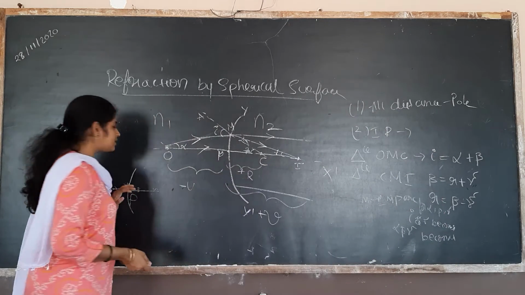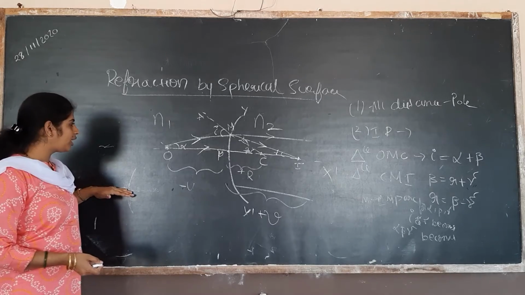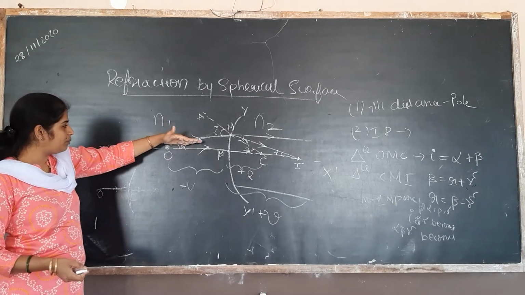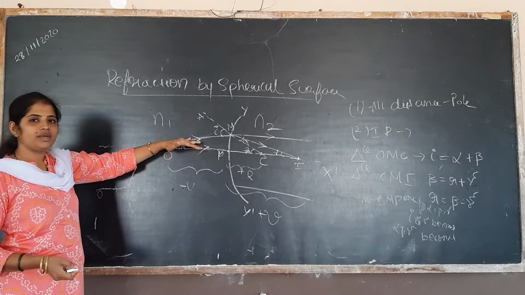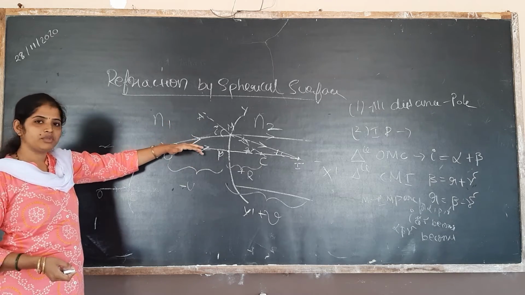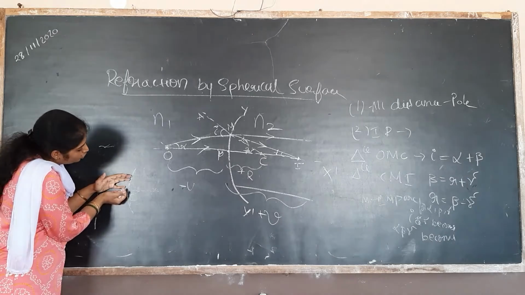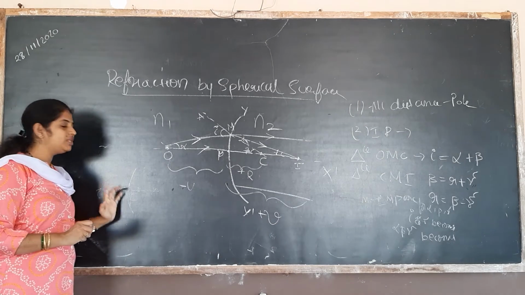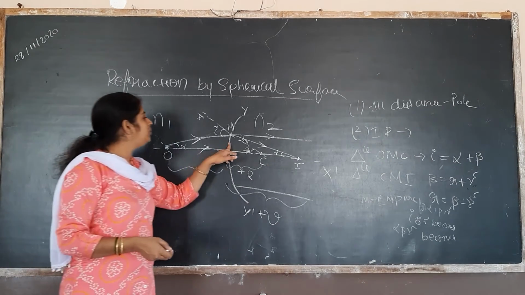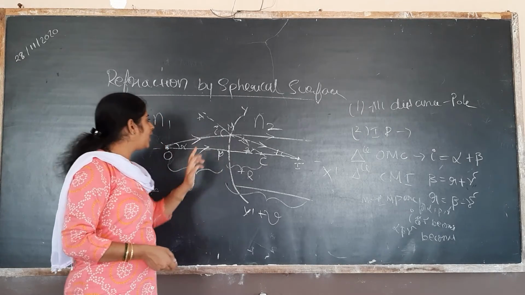Whenever we are considering paraxial rays, the rays will not have this much distance. They will be very close to one another. They are very much closer. So here one ray is there, too much closer, and another ray OM will be there. So this will act as an arc at P.